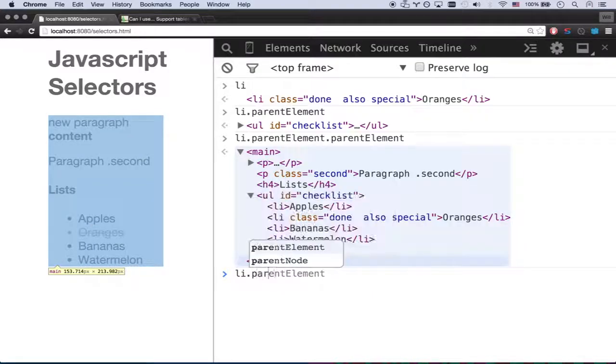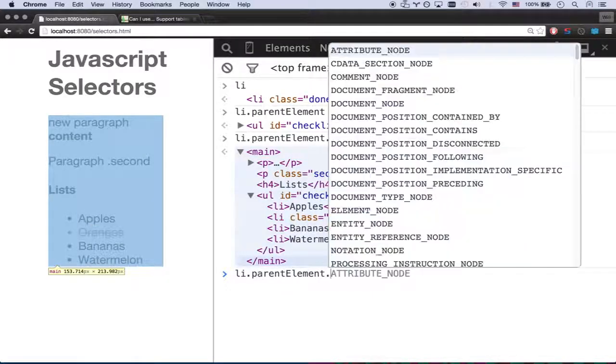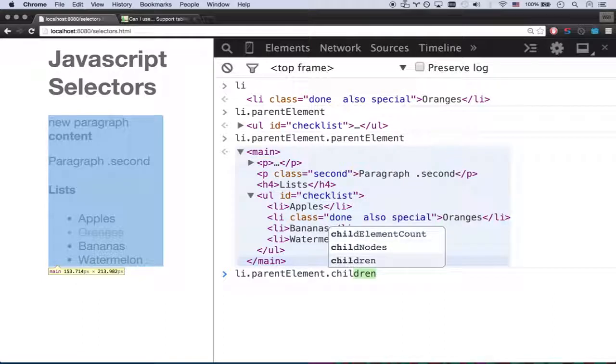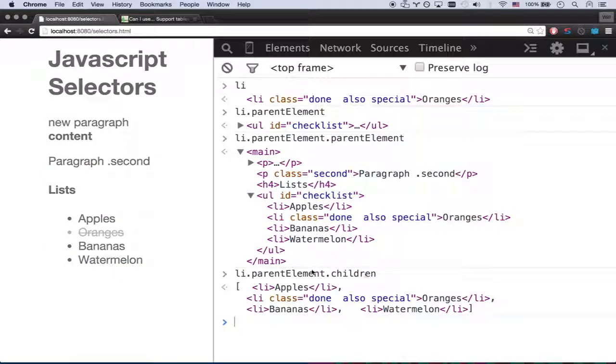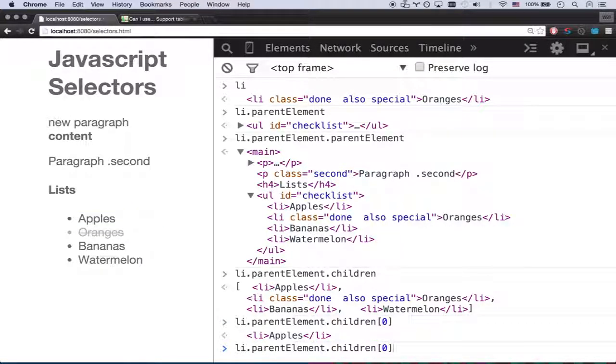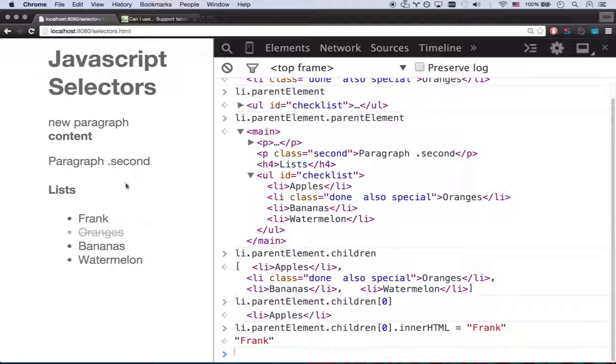Let's say I'm on this LI, and I want to find this guy right here. Well, then I can go li.parentElement.children. There you go, .children. And that's going to be all the children of my parent element. Now, once again, children has a quirk to it. It works safely in IE 9+. IE 8 and back can have some quirks, but that works really well. So then I can go li.parentElement.children[0], and that's going to be that apples guy. So let's say I want to change you equals, what will you be? Frank. There you go. So now Frank, oranges, bananas, and watermelon. So that's enough on